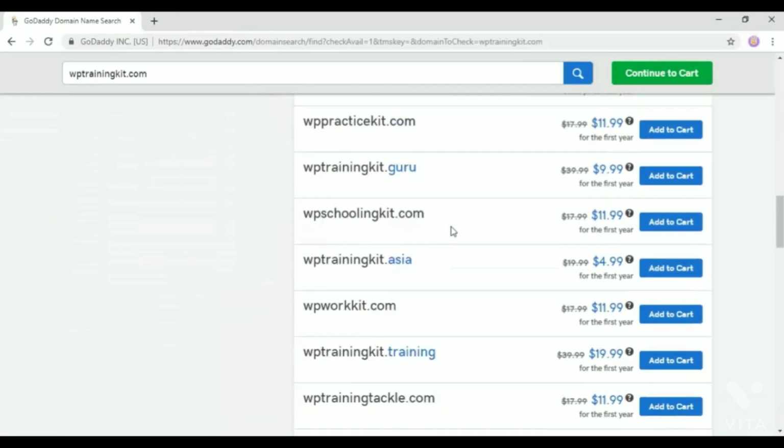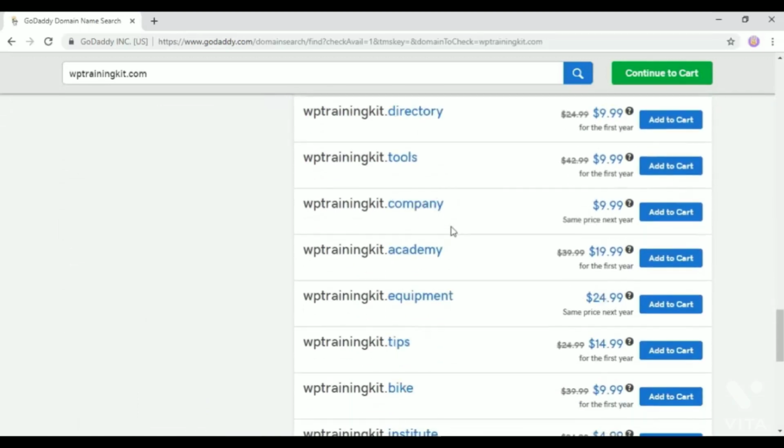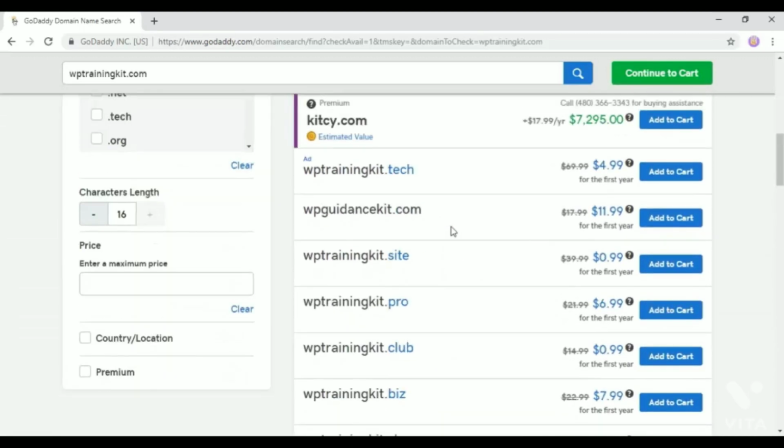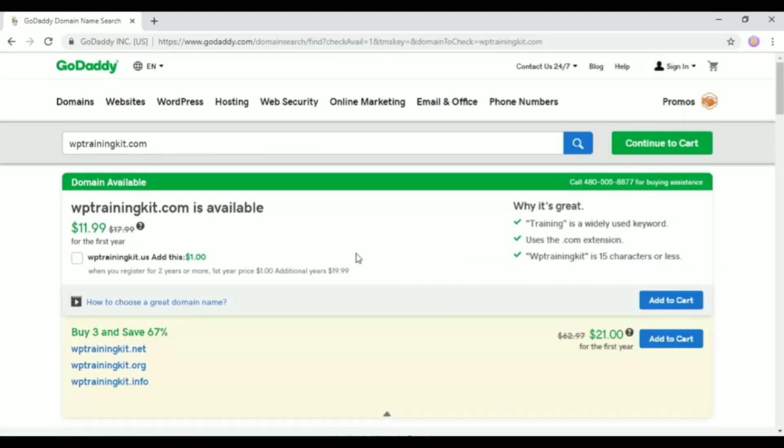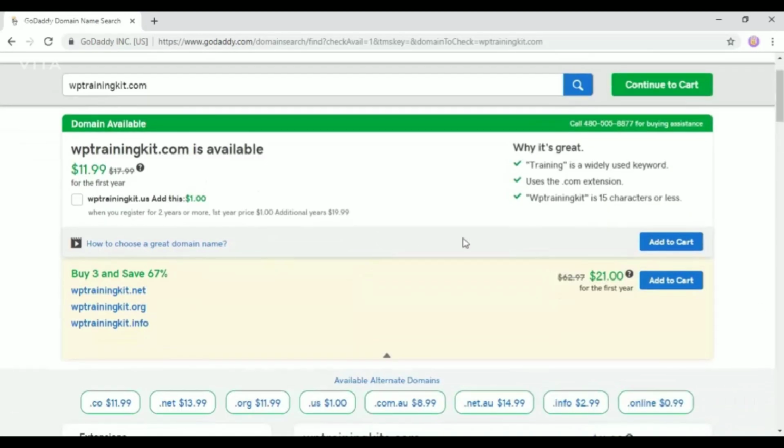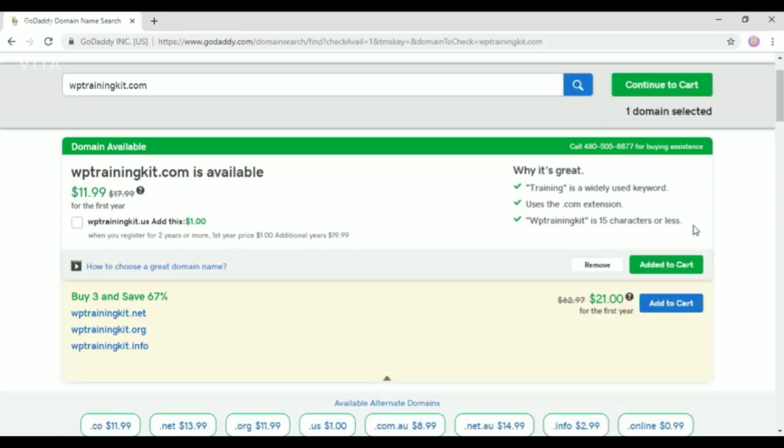Scroll down a little bit and you'll see the name with different extensions and their price. You can choose whatever you want. So I am going to buy wptrainingkit.com. And here's the Add to Cart option. And here it is showing me an option to include wptrainingkit.us for just $1. If you want it, you can click this checkbox, but I'm going to proceed without it. So let's click the Add to Cart button for wptrainingkit.com. Now it's added to my cart, and here on top, I am going to click on this Continue to